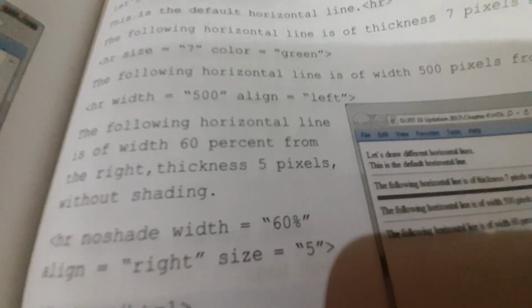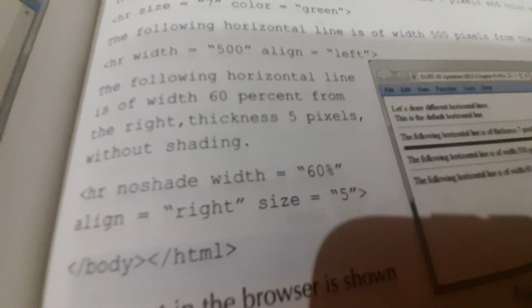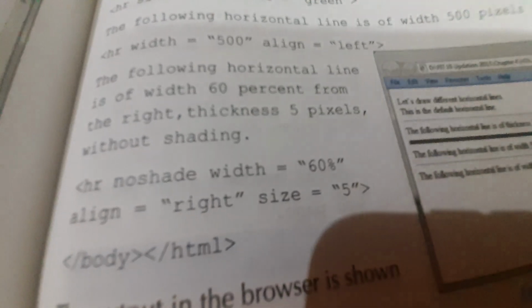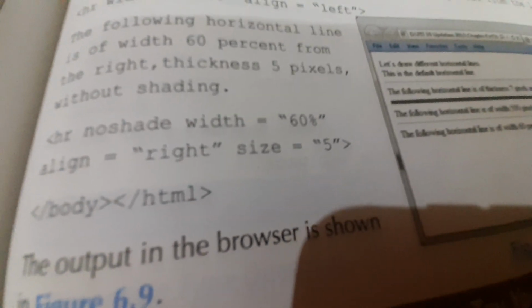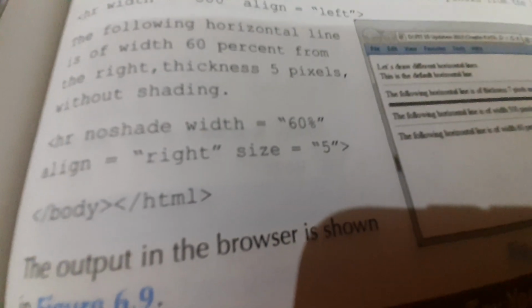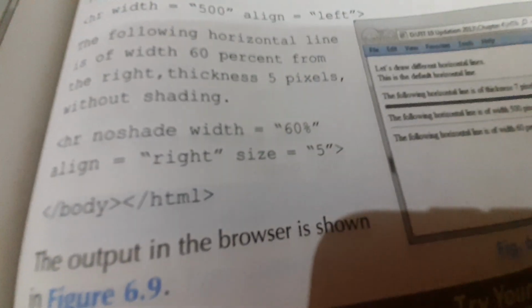By default a horizontal rule is left aligned, so we don't need to set it. The following horizontal line is 60% from the right, thickness 5 pixels, without shading. For this we are using HR no shade, width is equal to 60%, align is equal to right, size is equal to 5. At last we are closing the body tag and the HTML tag.